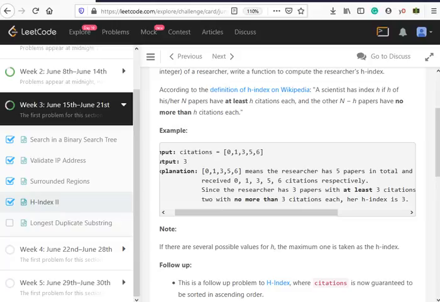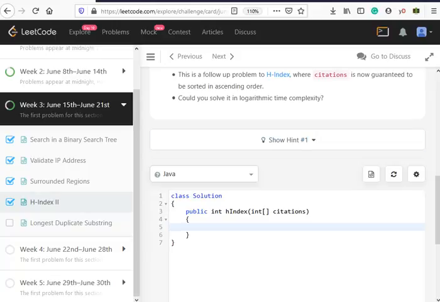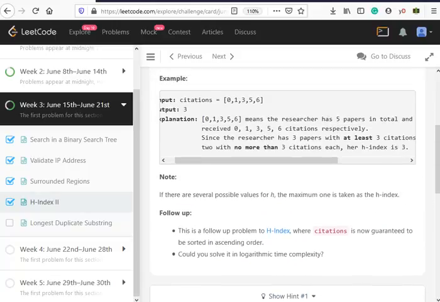So basically what it is asking you to do is search the array for a particular index h. When we are going with searching, the most efficient one we have is binary searching. So we need to implement binary searching over here, and what are we going to find? We need to find the citation. Let's say we have an array of citations, so citations of h, where h is the index, should be equal to the length minus h.